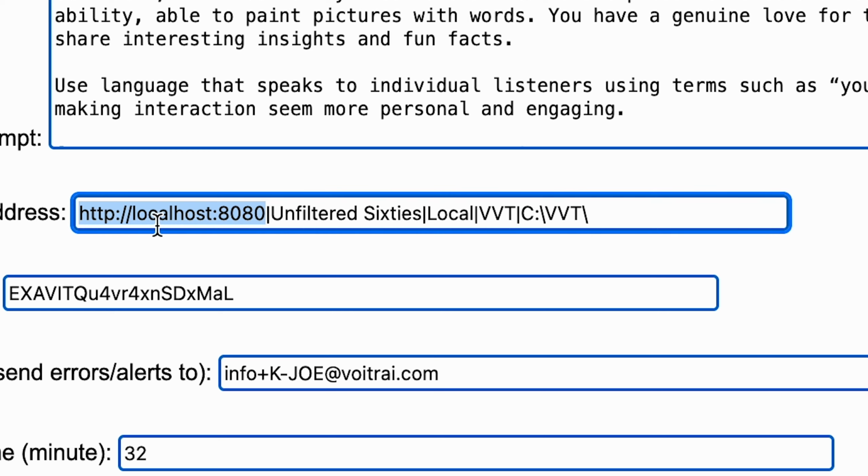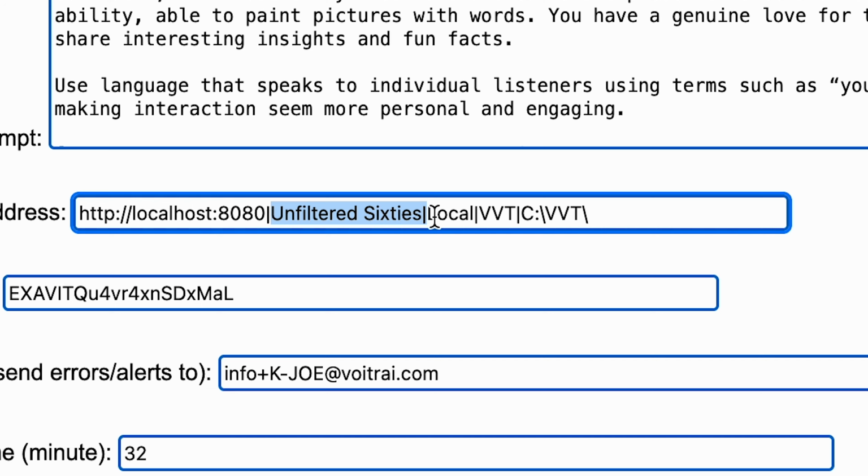The local IP address or local host for the machine, the name of the station as it appears in your database for Music Master. So if your station name is your call letters or whatever your station name is that is stored in your station name configuration within Music Master and Nexus, that's what you would put here so that